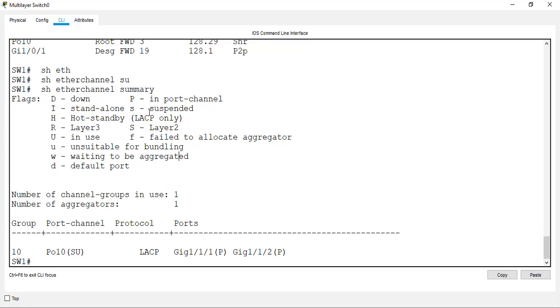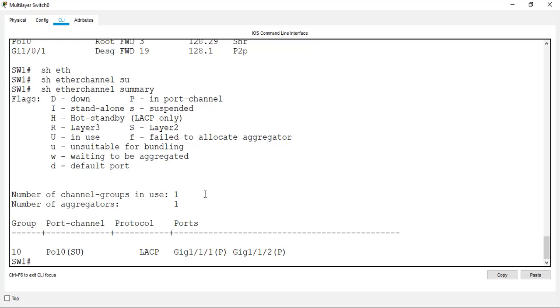Then you can sometimes see suspended. When we see suspended, one side of the switch is configured and the other side didn't configure. Sometimes when we connect a server with two NIC cards to switch 1 and switch 2, you may configure switch 1 and switch 2 with your port channel configuration, LACP, everything, but on the server side they didn't configure or forgot to do certain configuration.